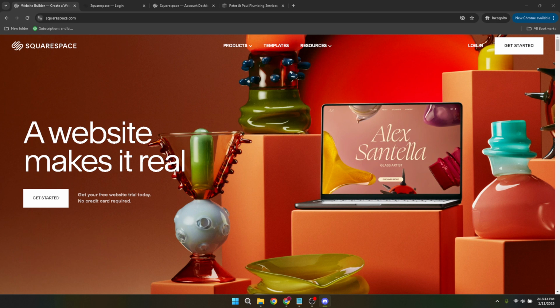First, you'll need to log into your Squarespace account. Head over to the Squarespace website and look for the login option. Once there, simply click on login. This is your gateway to accessing all your projects and sites within Squarespace, ensuring that you have all your resources